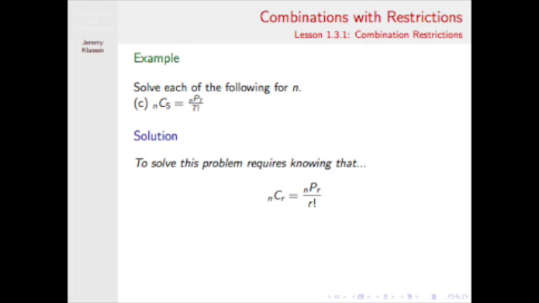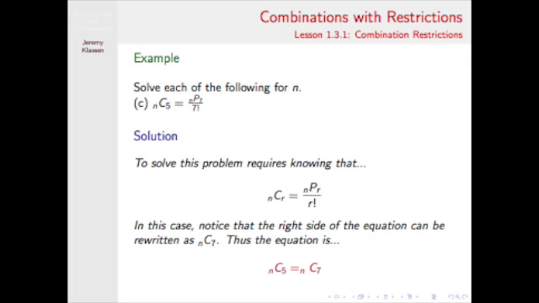But the whole point of this question was to illustrate this equation that nCr is equivalent to nPr over r factorial. In other words, a combination is just a permutation where you divide out the number of ways you can order your choice. So in this particular question, notice that the right-hand side, nP7 over 7 factorial, could actually be rewritten as nC7. And so we can rewrite the equation as nC5 is